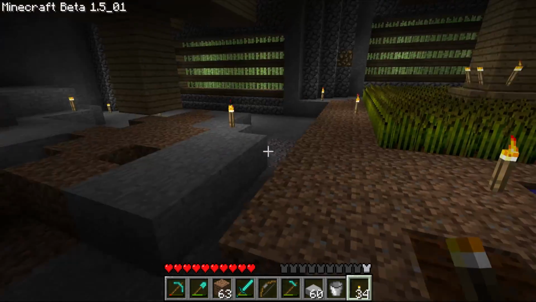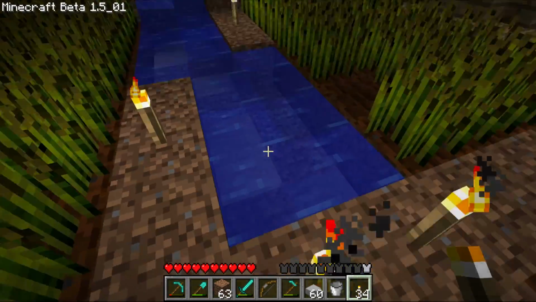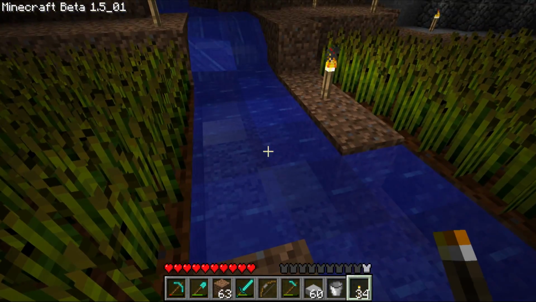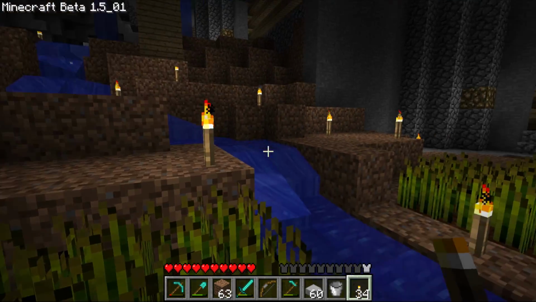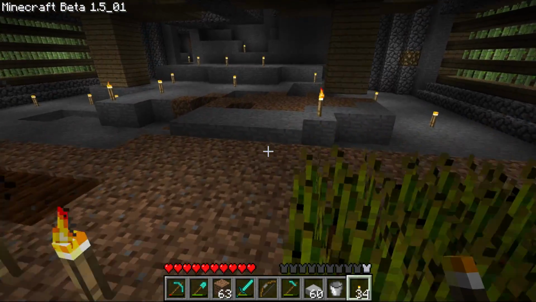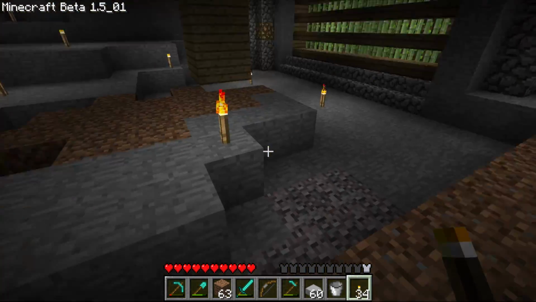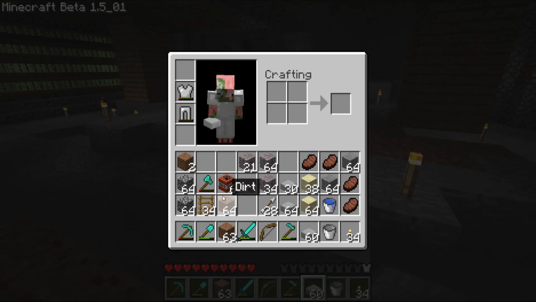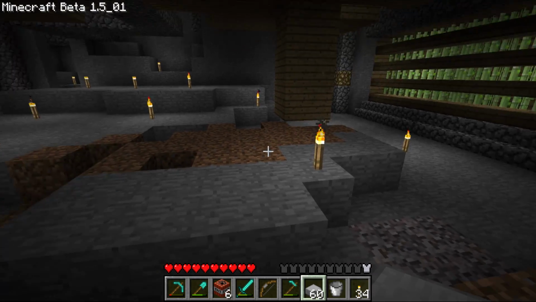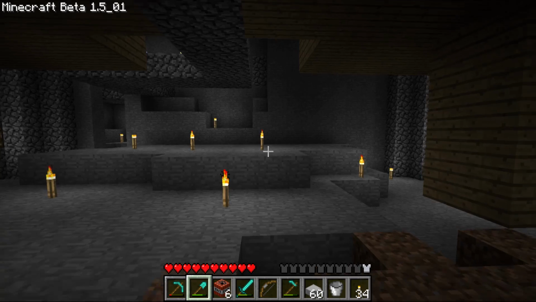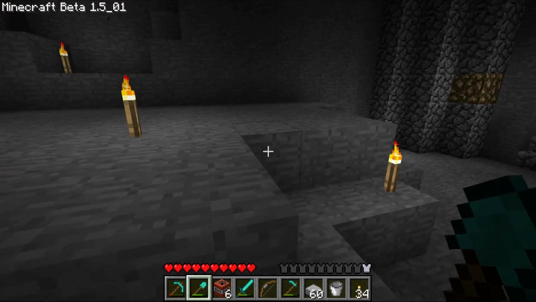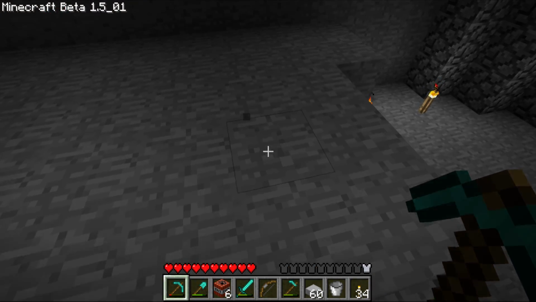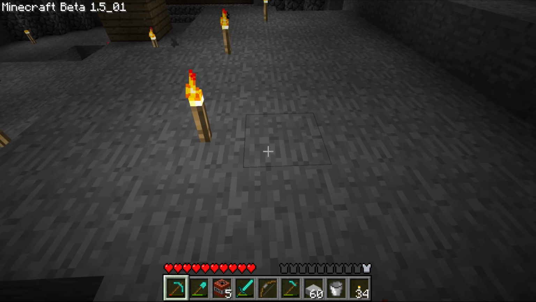Okay, so here I've obviously placed source blocks here, so it's not like we're trying to cascade water every 8 blocks down one level, but I think we want to go down at least one. So we should probably excavate just a bit. Like this right here is too high. So let's just do some real precision engineering here.